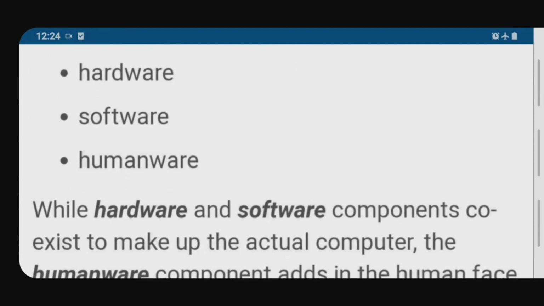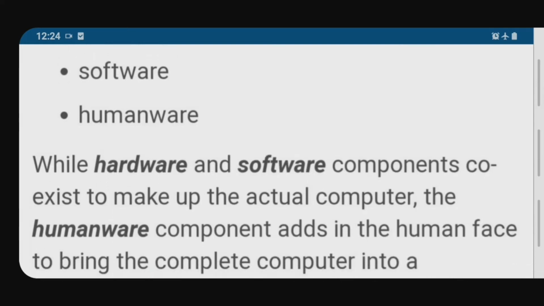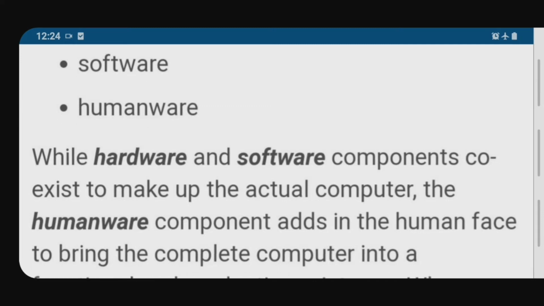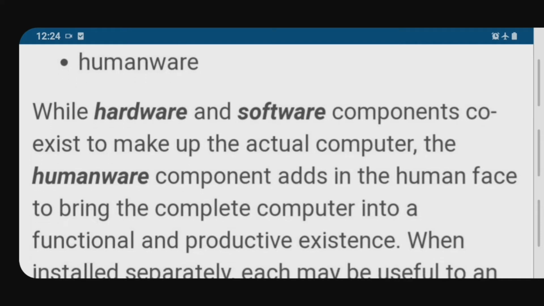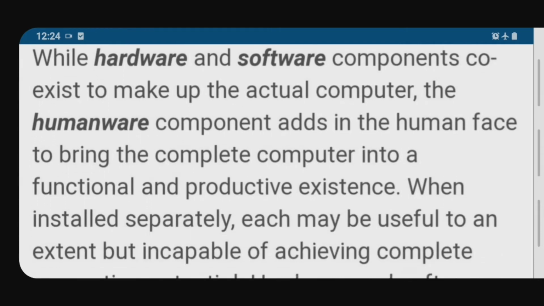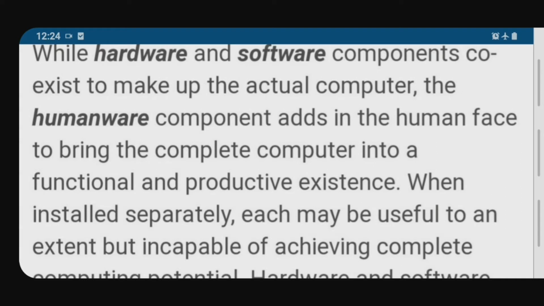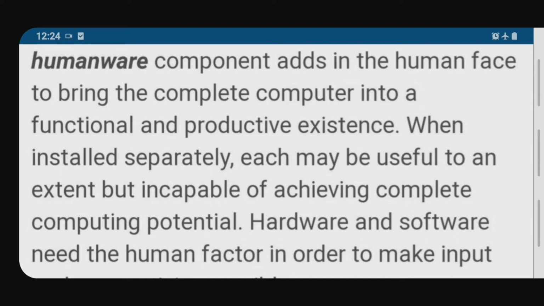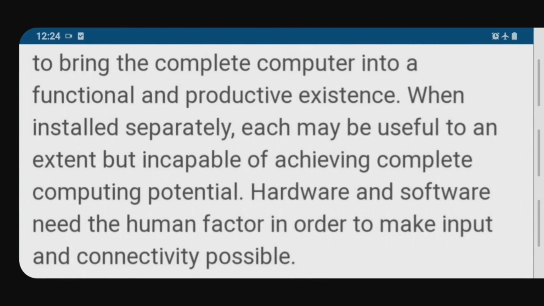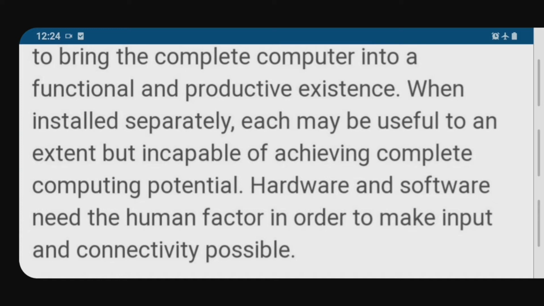While hardware and software components coexist to make up the actual computer, the humanware component adds the human phase to bring the complete computer into a functional and productive existence. When installed separately, each may be useful to an extent but incapable of achieving complete computing potential. Hardware and software need the human factor in order to make input and connectivity possible.